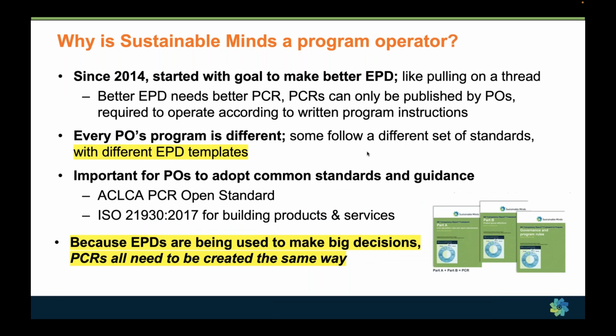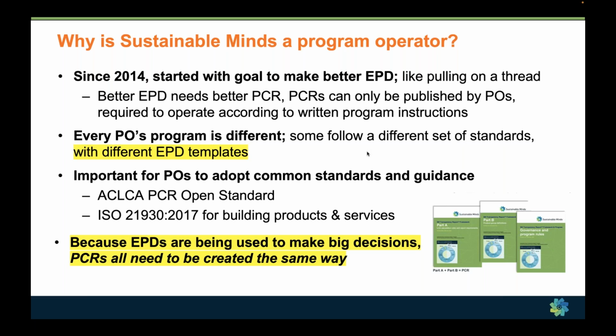So why is Sustainable Minds a program operator? Back in 2014, when we were really digging into LEED version 4's credit for EPDs, and we started looking at how an architect, builder, contractor, or owner would use an EPD to make a decision, we did this big survey of EPDs that we'll show you.